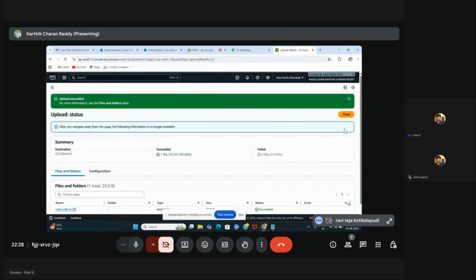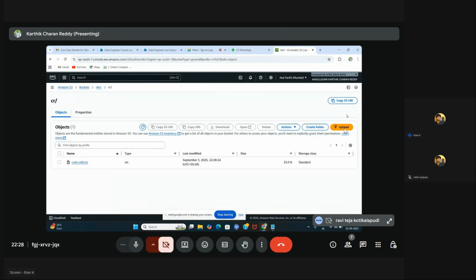Perfect. Close it. Now you have a file in the S3 bucket, and inside that you created a folder called CR, and inside that you have your text file.